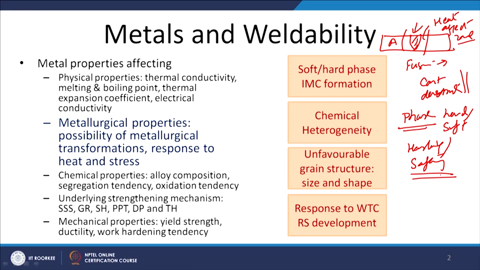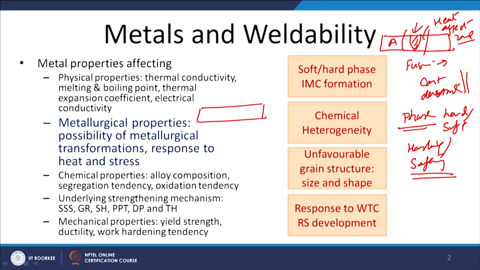But on the other hand, if the softening is taking place, then it will form a weak zone, and the weak zone will eventually lead to fracture under the external loading conditions. Say for example, here in this case this is the weld metal, and if the hardening of the weld metal and heat affected zone is taking place, then it will show an increase in hardness both in the zone near the heat affected zone as well as in the weld metal. So, this is the case where the weld metal is getting hardened due to the formation of the hard phases.